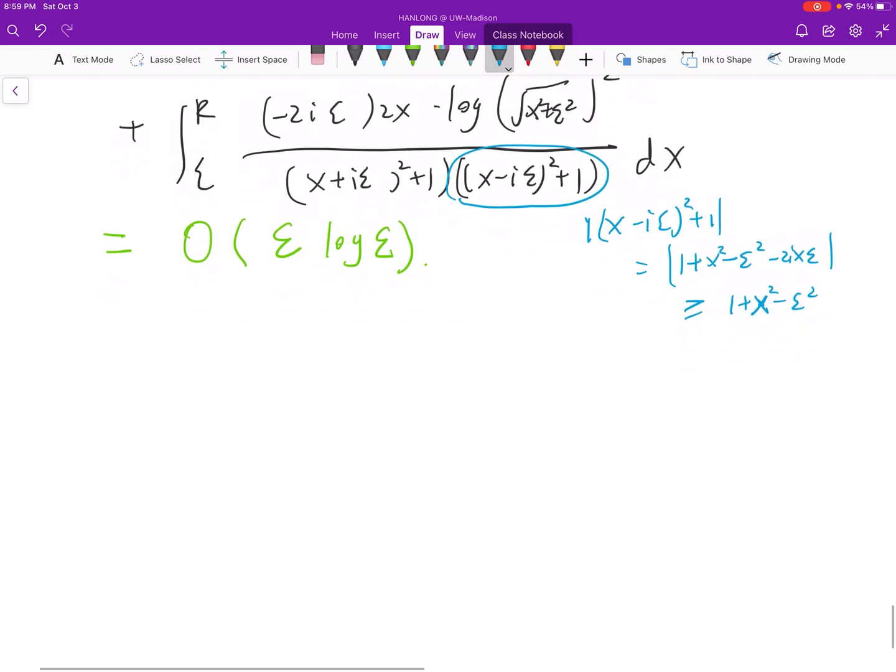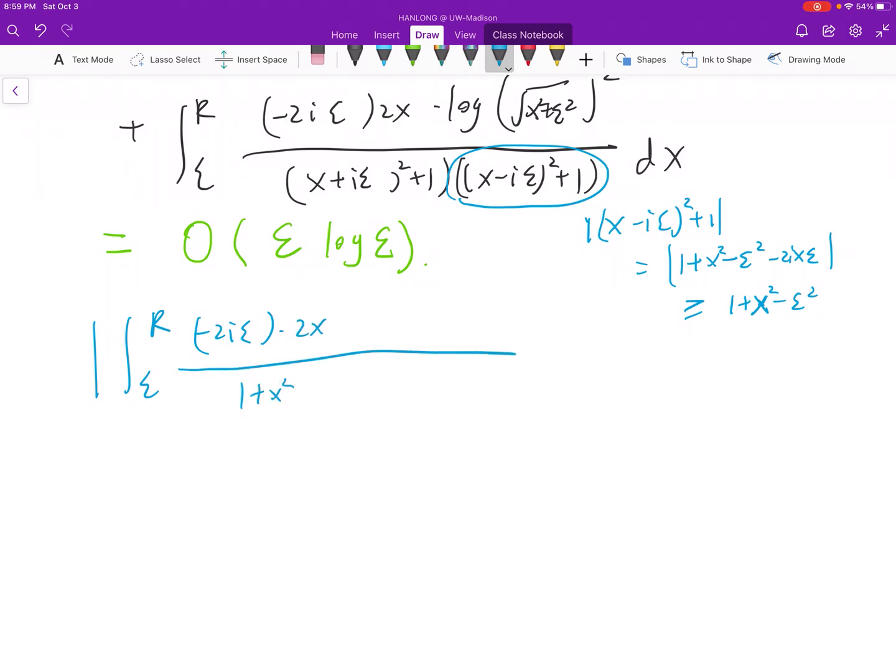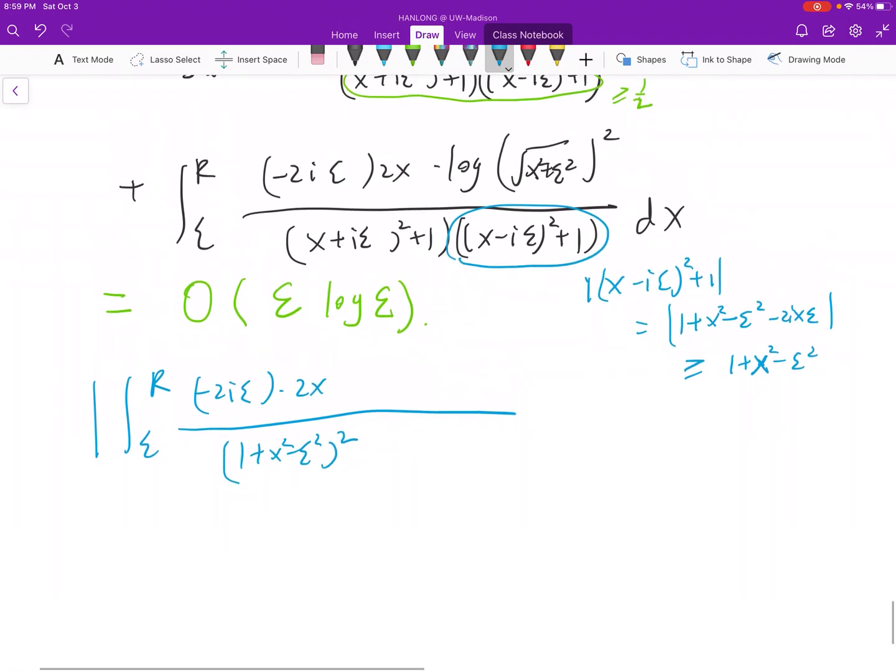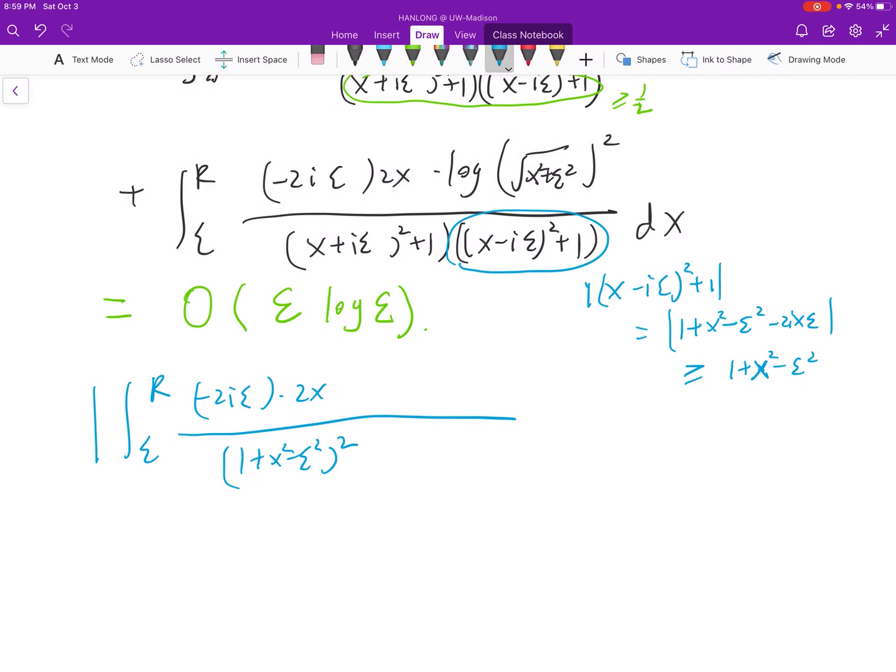So the absolute value of the second integral will be bounded by, you copy it first for the denominator, 1 plus x squared minus epsilon squared, and also for the log part,